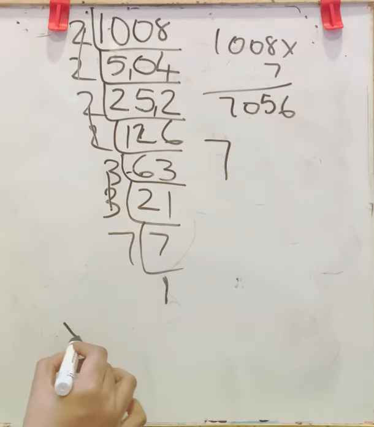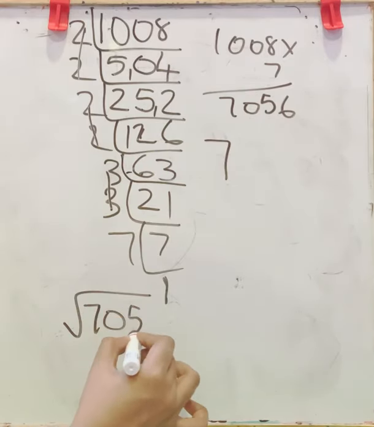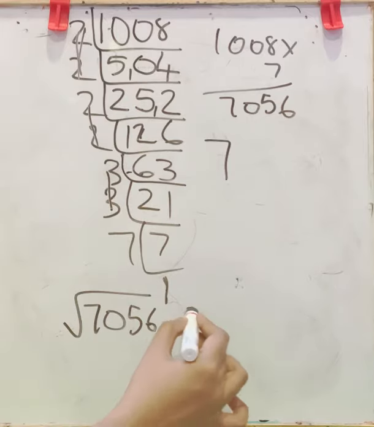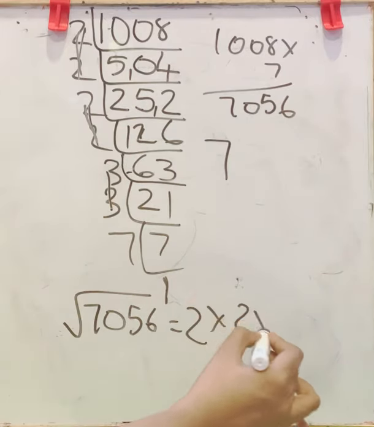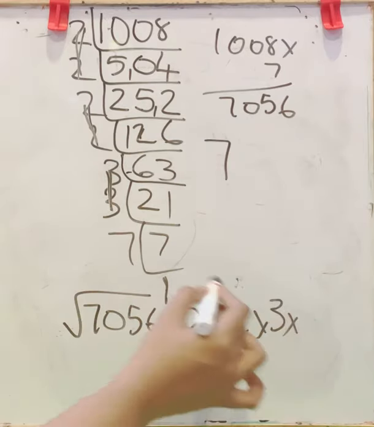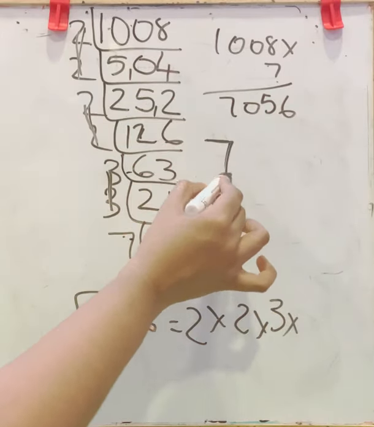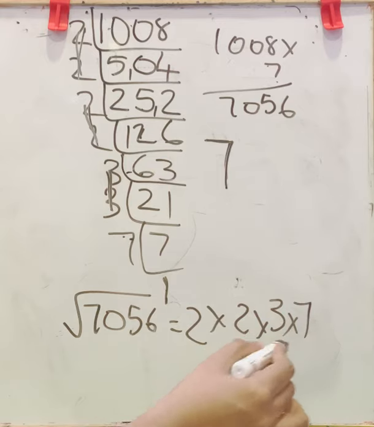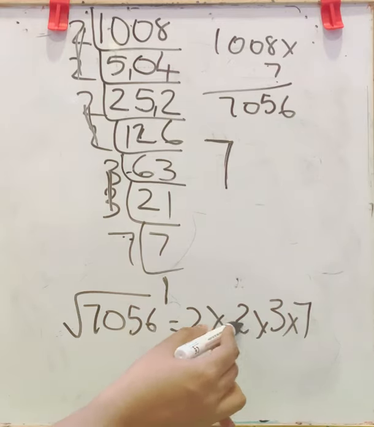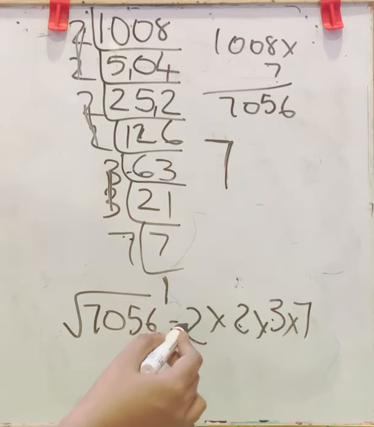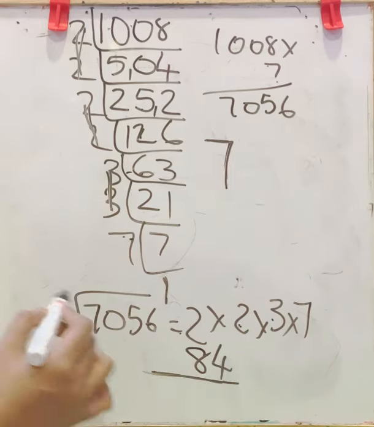7056. And the square root of 7056 will be, in that 2 will be there, this 2 will be there, this 3 will be there, and the missing 7, we multiplied it with the question, so you have to take the 7 also. 2 2s are 4, 4 3s are 12, 12 7s are 84, which is the square root of 7056. Next number